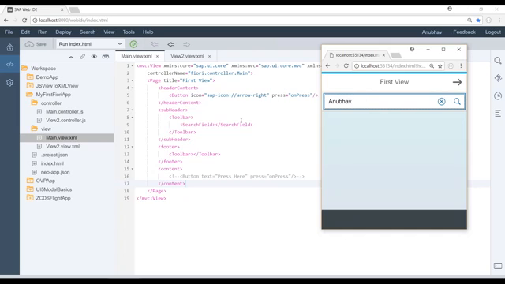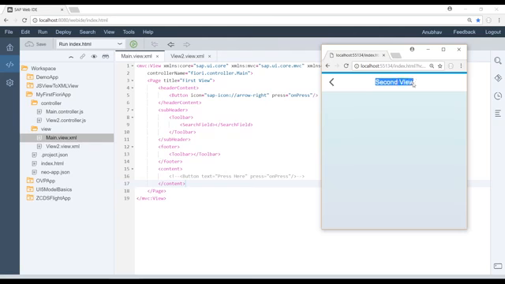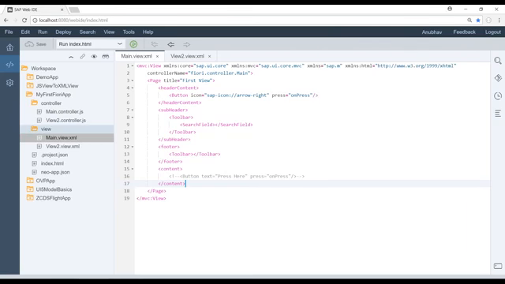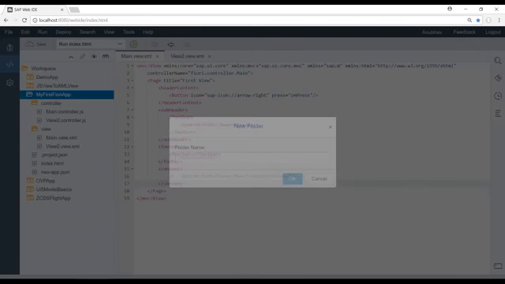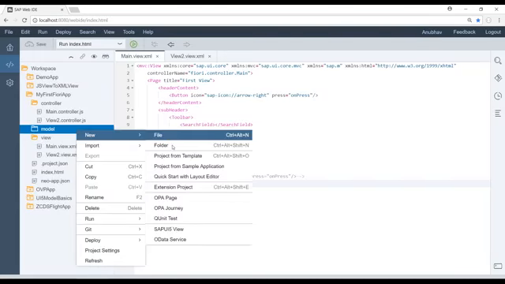I have to create a global JSON model, and in that JSON model I will set this data, and that same model data I will bind with the title of my second view. Watch it carefully. Let's go ahead and create a model. So right click here, new folder. I create a model folder, and I'm just going to go inside and create a new file,